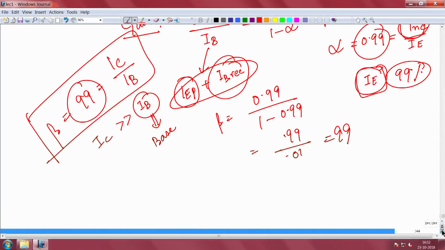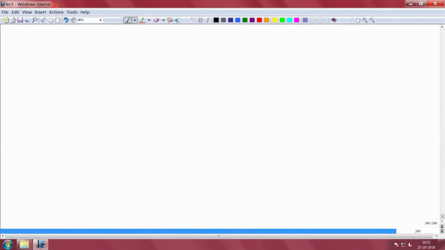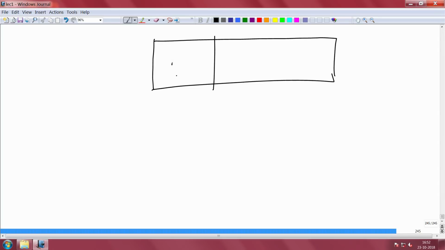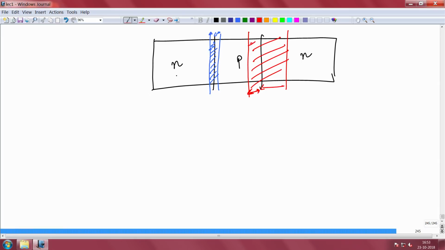Now, if you again look at the band diagram, I will draw the structure again. Let me draw a bigger structure so that I can correlate easily. So, this is your schematic. Suppose this is the emitter, N type, this is the base, P type, and this is the collector. Now, because there is a depletion here, a small depletion, some part of this has gone into the depletion, some part of this has also gone into depletion. Now this has a wider depletion, a large part of that towards the base has gone into depletion. This is the depletion towards the base, and this is the depletion towards the collector.